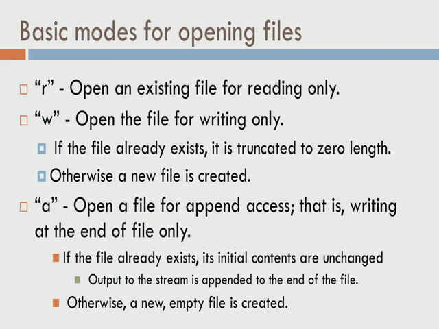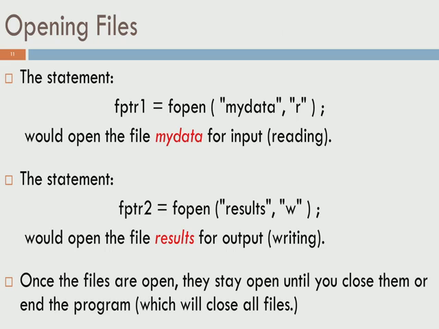So these are the three modes. Let's now look at how to open a file. So we have fptr1, which says fopen mydata r. We are trying to open a file called mydata in read only mode, and fptr1 should be FILE star fptr1. In this example, fptr2 is fopen results w. We are trying to write something into the results file, and so both of these, once they are open, you have